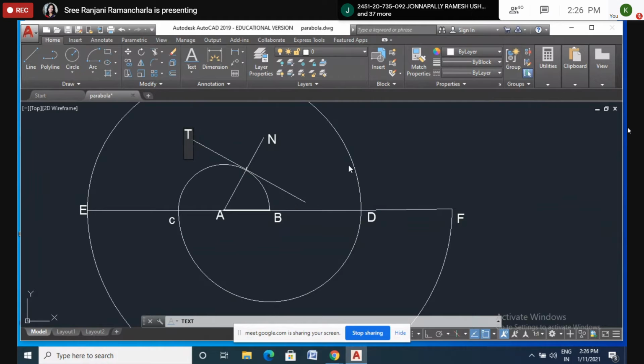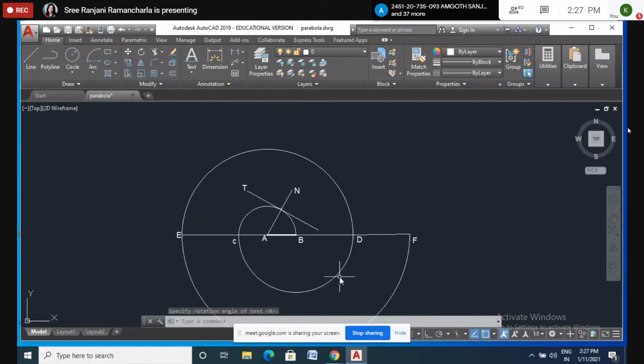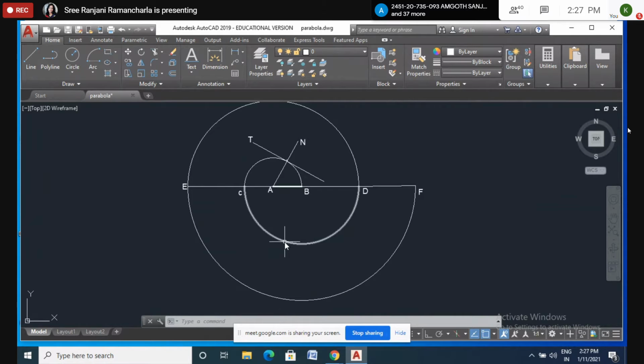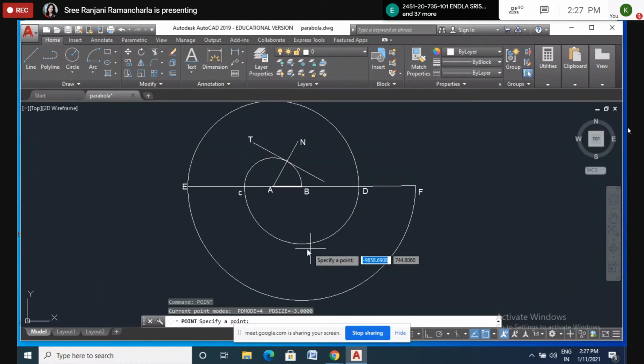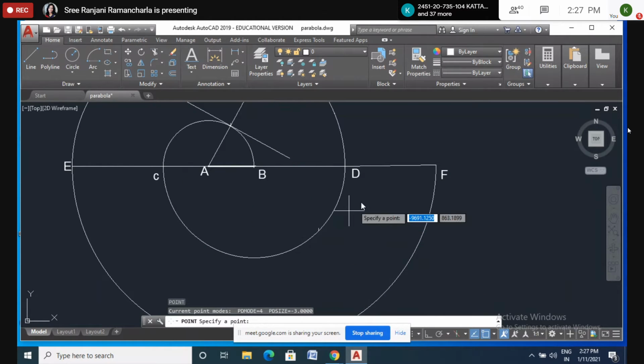Now for example, suppose I want to draw here on this curve. Suppose I want to show the normal and tangent on this curve at any point. Suppose somewhere I will take a point, right? So you also draw somewhere on this curve, just put one point on that curve. So somewhere I want to show here like this, right? Okay, now here I want to show the normal and tangent.